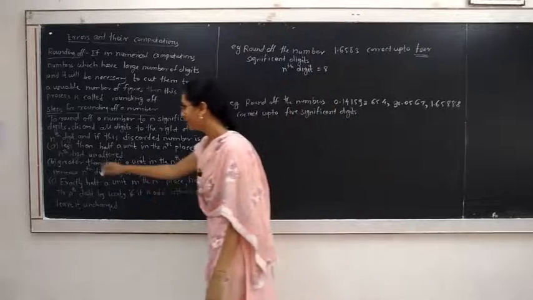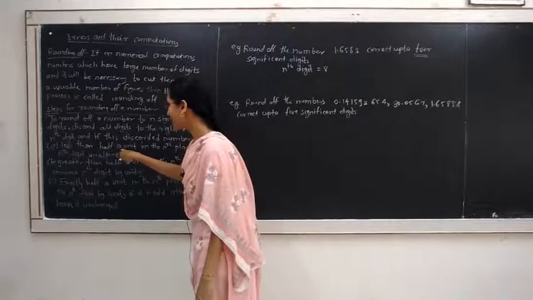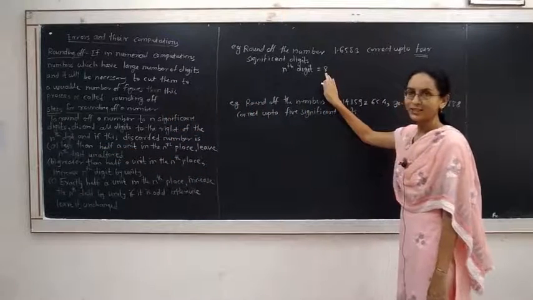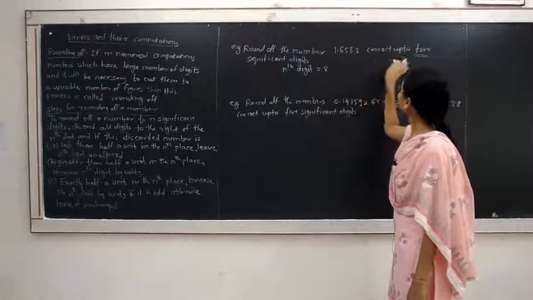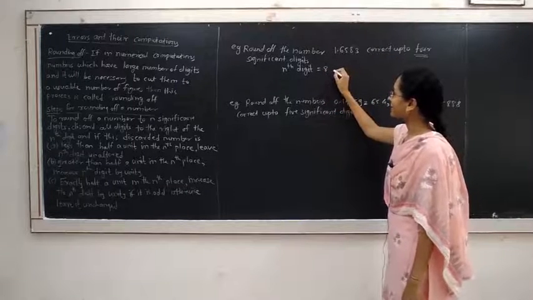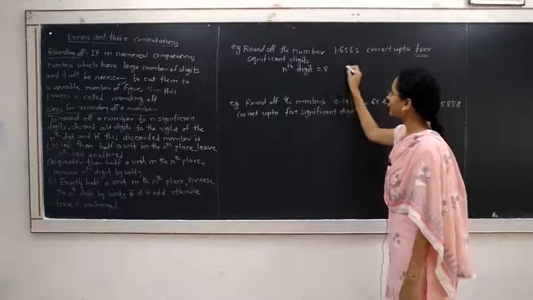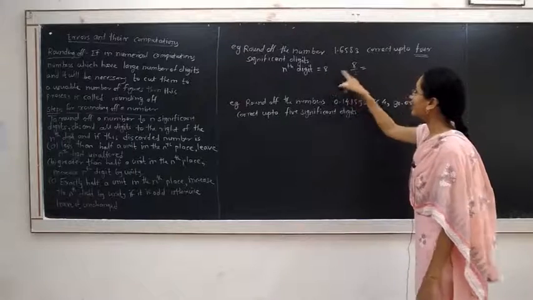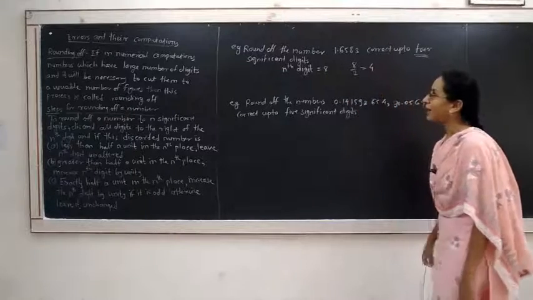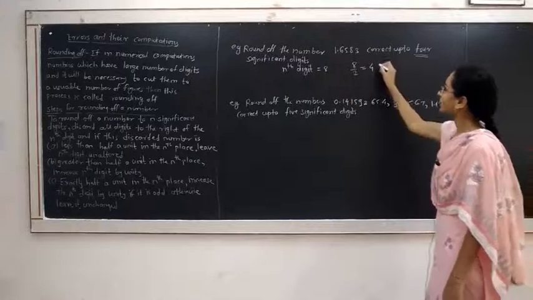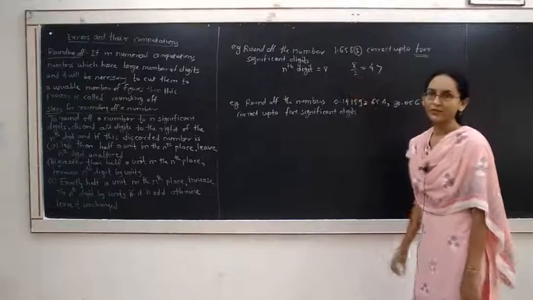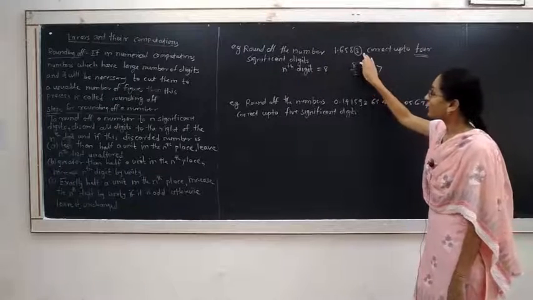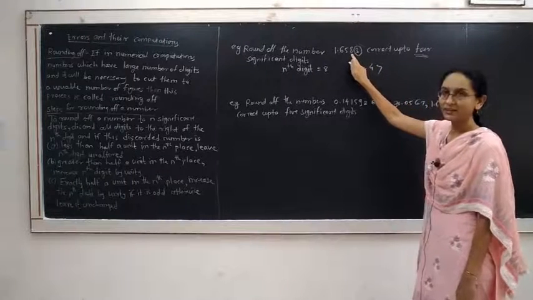The first rule tells that if the discarded number is less than half a unit in the nth place, then... The unit in the 4th place is 8, and its half is 4. 8 by 2, half of the unit in the nth digit is 4, and this 4 is greater than the discarded number. We have discarded the number 3 because 3 is to the right of the 4th significant digit,